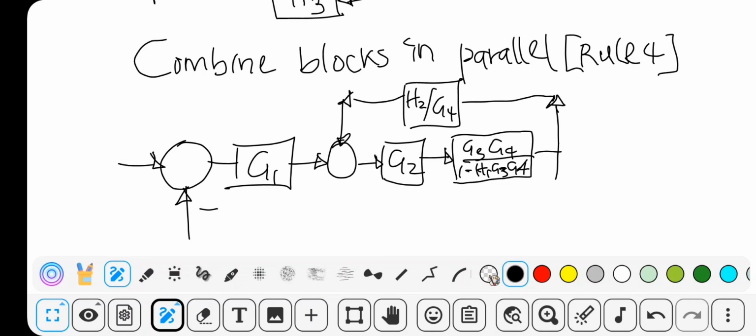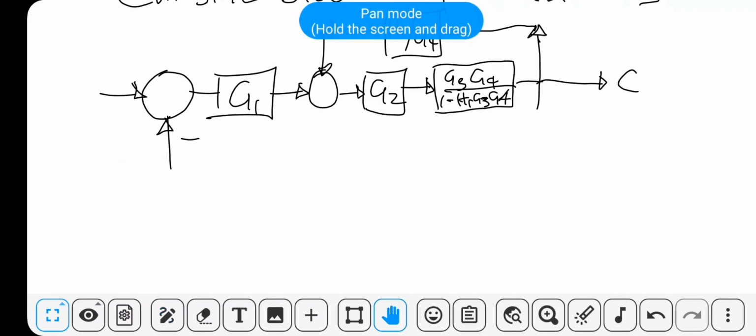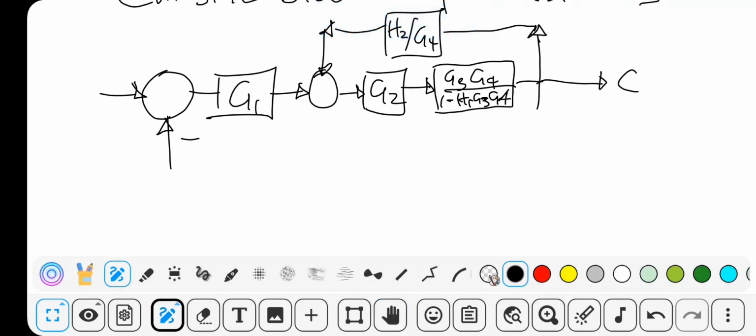Using rule 4, that's what you have. Since I'll be displaying the rules as I use them,